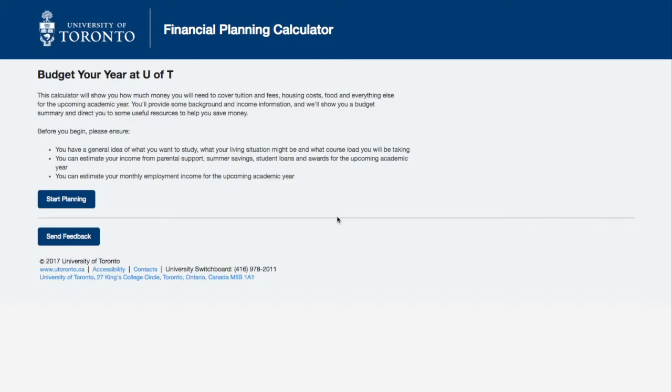The Financial Planning Calculator is a publicly available tool intended for all current and prospective students, as well as parents. You can use it as a guide to estimate what a year of study at U of T will cost and compare it to your anticipated income. It's also useful for students who are new to Canada and aren't sure what it costs to live in Toronto,